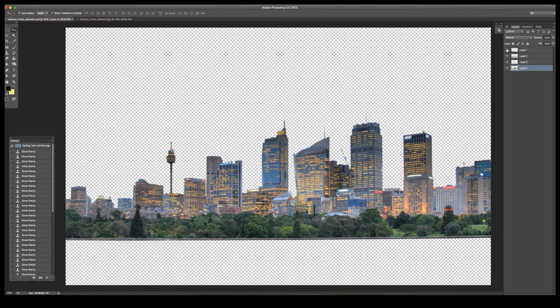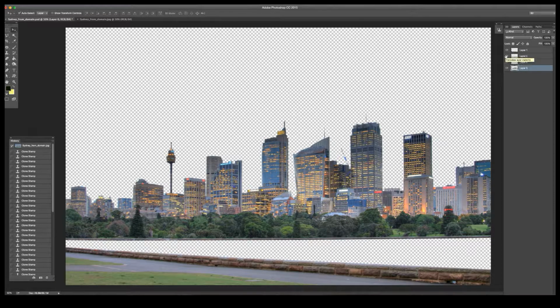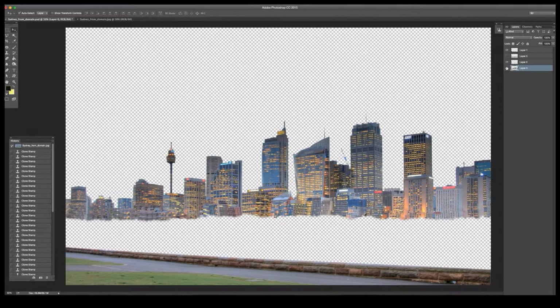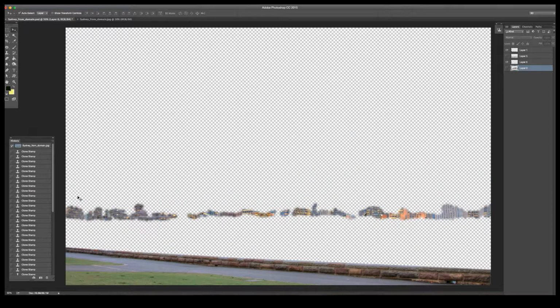The water has been removed, and I needed to clone just a little bit of the buildings, as you can see here. I'll turn that off. Now, this was necessary to do, and it will become evident as the tutorial goes on,